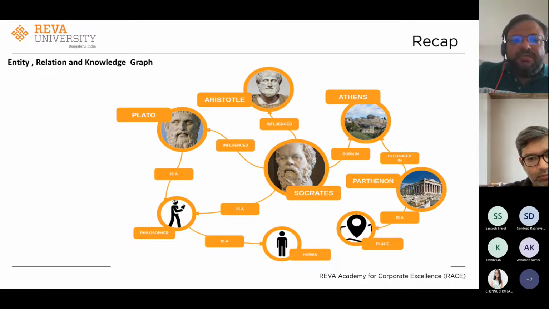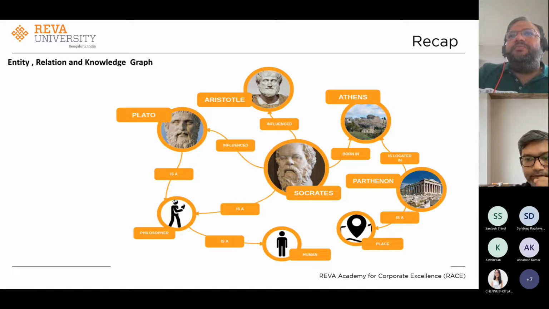Each of these famous philosophers has a node which says the type of relationship, right? The philosopher is a node. So Plato is a philosopher. In your case also, if Indigo is the brand name of an airline, you can have a node which says airlines as an entity, and Indigo is an airline. That kind of thing can be done in your graph.